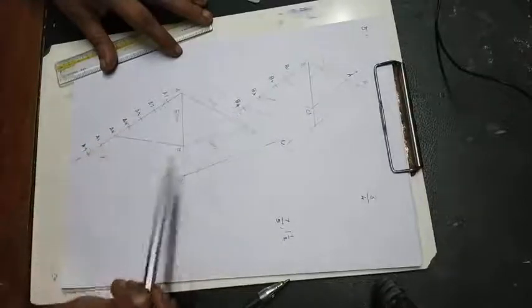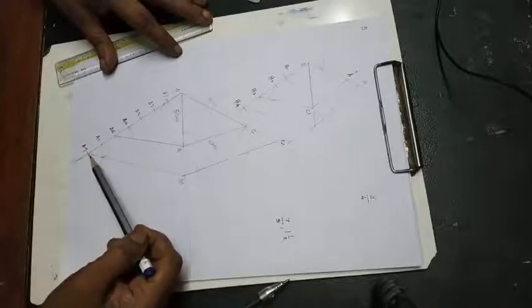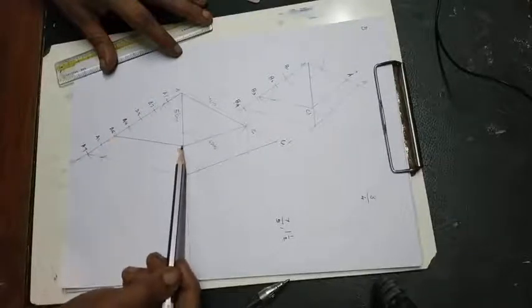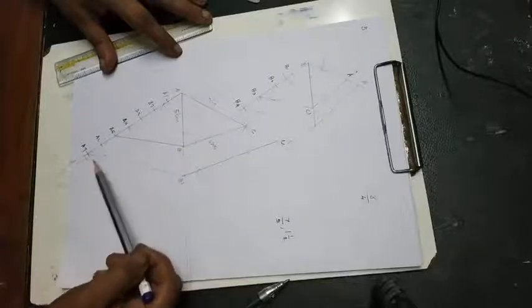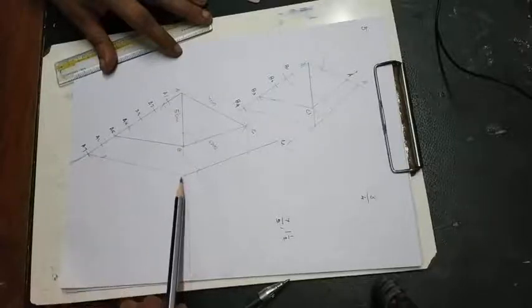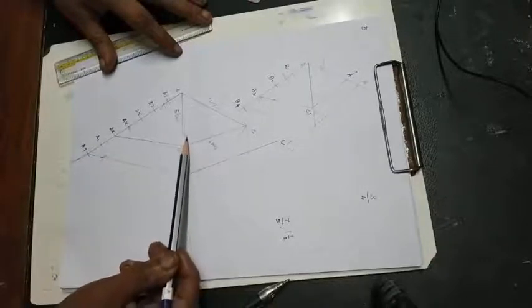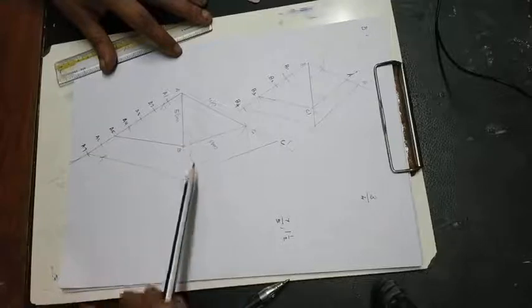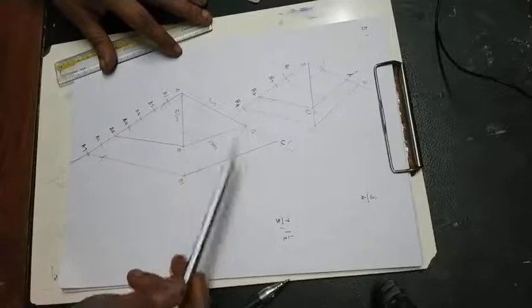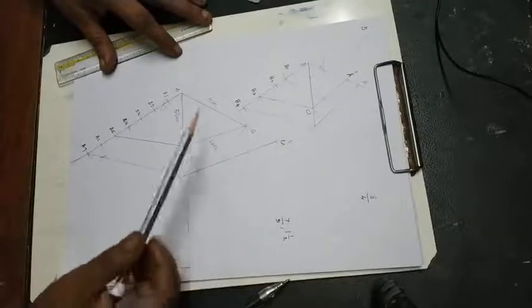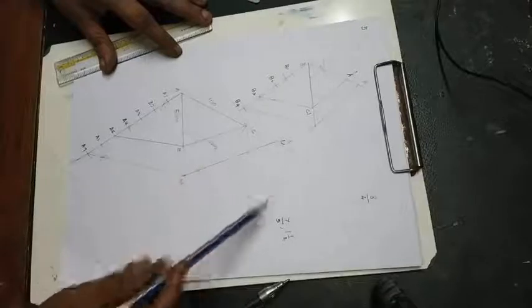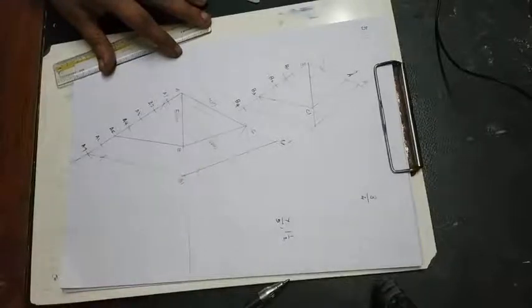So here 7 divisions you have to make. Fifth one you have to join to B, then same angle you have to construct here, join to extended part, then same angle here, this B angle you have to construct here, join that to C dash. So A, B dash, C is the required triangle.